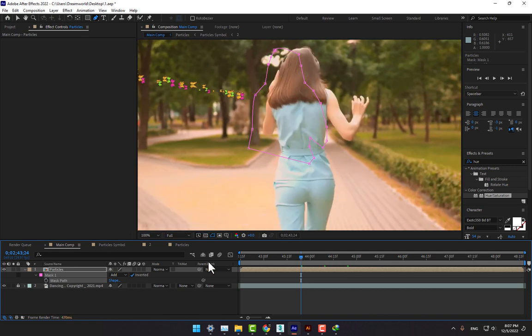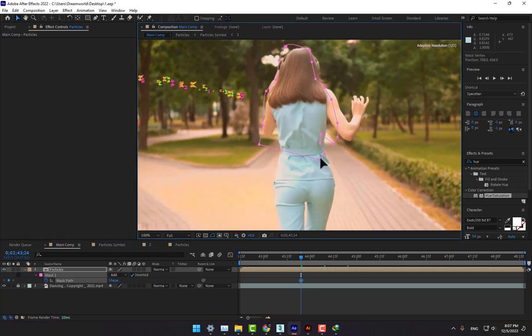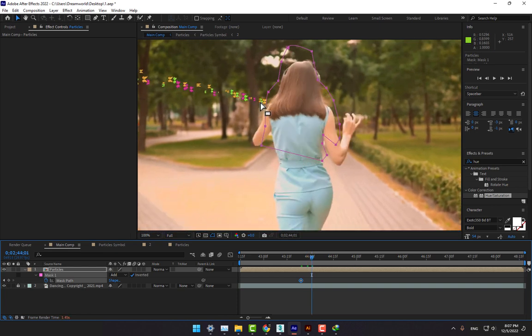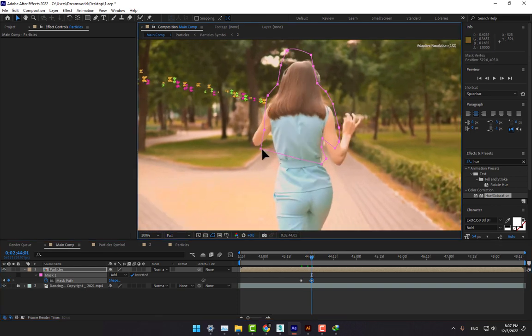When the particles are coming, stopwatch the mask, and press V, move here. So there are the particles coming. Move here, press Page Down,